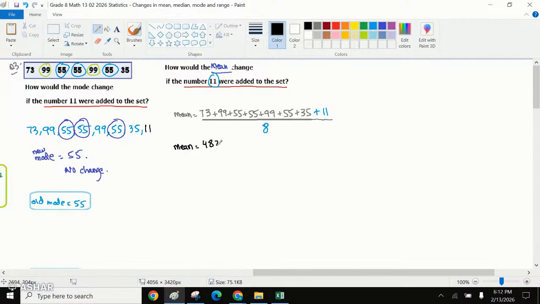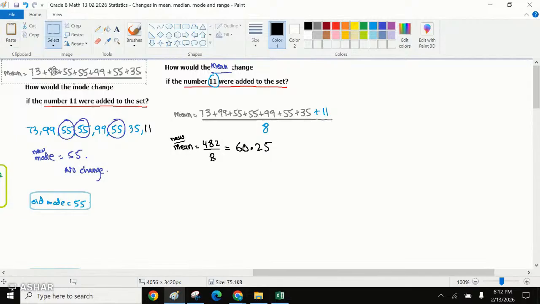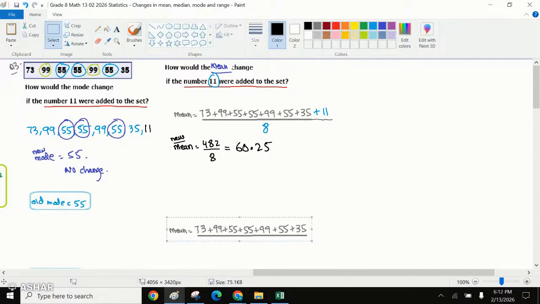482 when divided by 8, the average or the mean comes out to be 60.25. The new mean would come out to be this, whereas if we want to compare, if we want to see what was the old or the original mean before adding the number, that would be